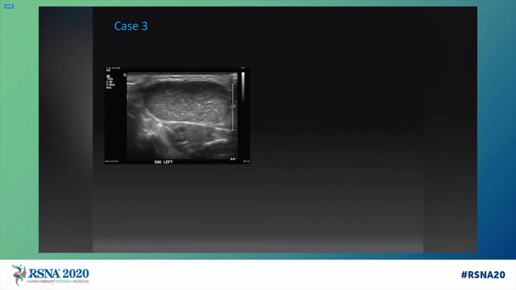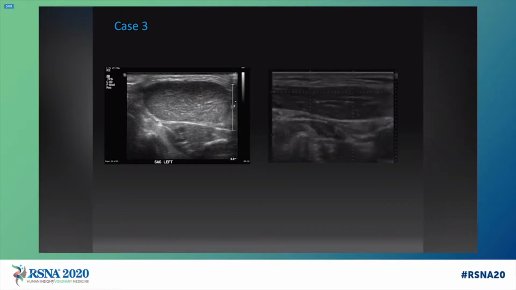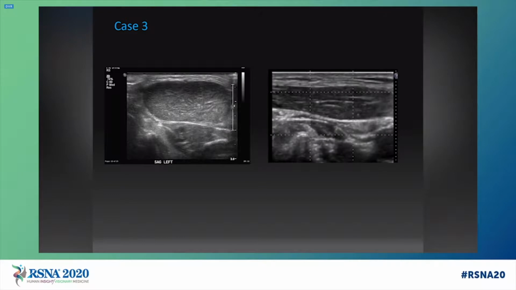All right, case 3. So here's an ultrasound of the left neck, and I will tell you that this is a 29-day-old infant. This is the contralateral neck, where you can see a structure here that is the normal sternocleidomastoid muscle. Now, could this be a neck mass that is separate from normal structures? Sure, but as we scan on ultrasound up and down, we will find that this lump here is actually inseparable